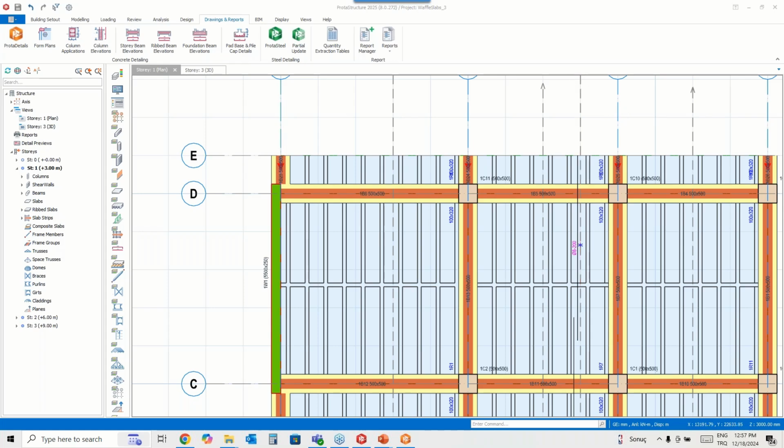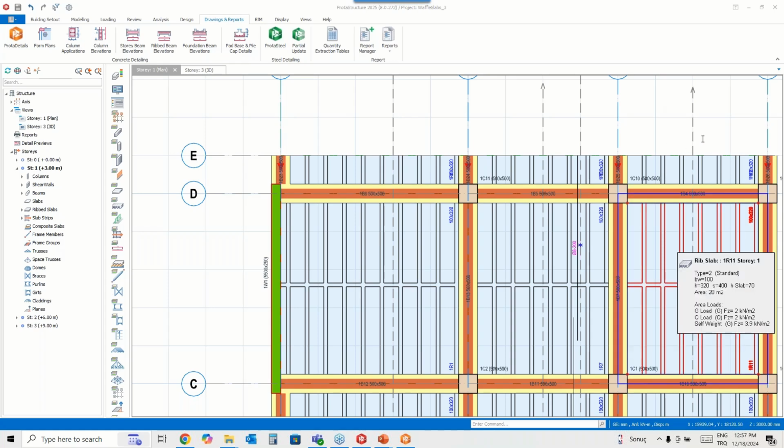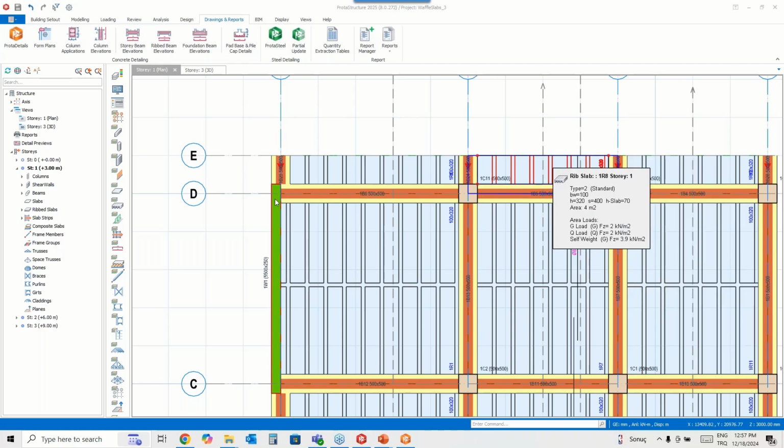So I'm going to take the second question. Could I create a concrete zone area around the waffle slab, like 50 centimeters?